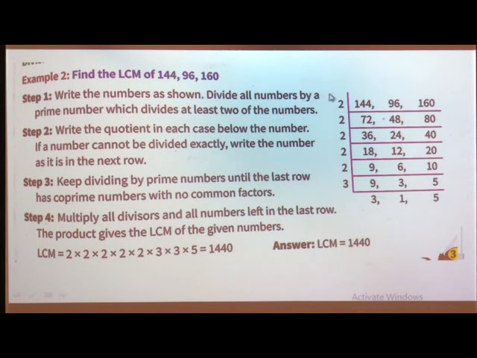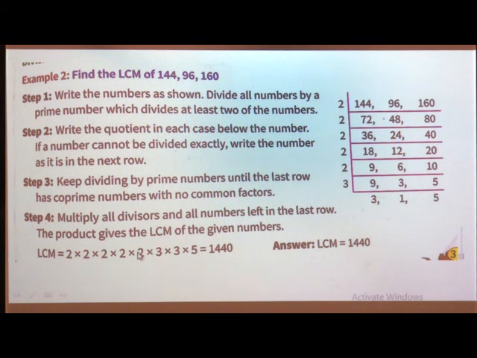What does product mean? It's nothing but the multiplication of all of this, and what we are getting down here. This will give the LCM. So we can find out the LCM: how many times is 2 there? 1, 2, 3, 4, 5 times. So we will multiply 2 five times: 2 multiplied by 2 multiplied by 2 multiplied by 2 multiplied by 2.